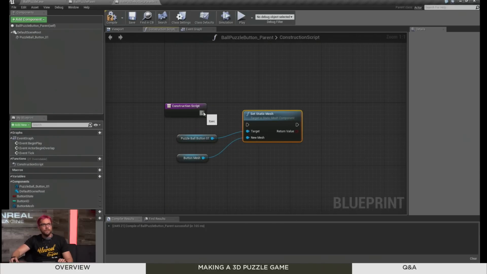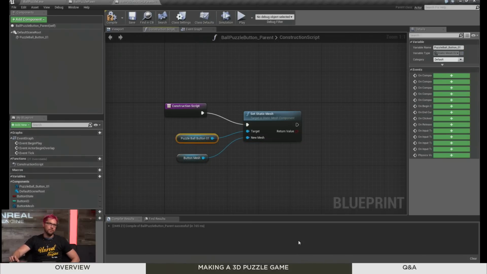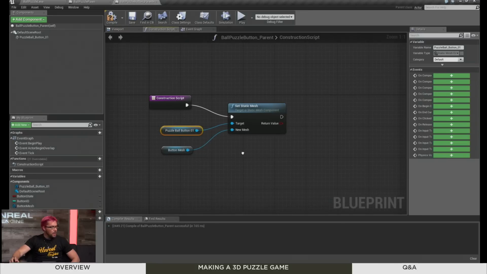Excellent. So cool. First thing we're going to do is take whatever is inside button mesh and assign that to be the static mesh for the puzzle ball. That way, if I set button mesh to be one of the other buttons, then we'll just magically get that button instead. Next, we are going to take whatever material is currently applied to our puzzle ball, and we're going